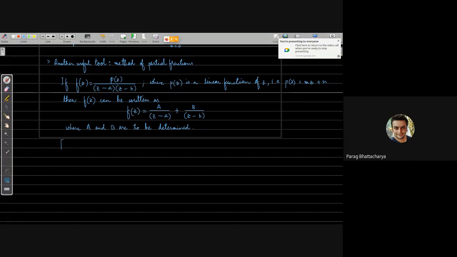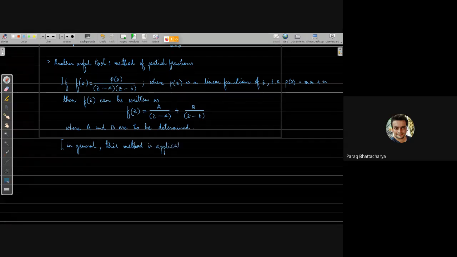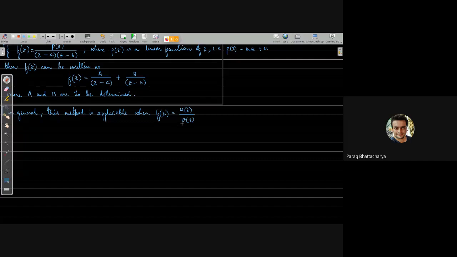In general, this method is applicable when f of z is written as a quotient of two functions u of z and v of z, where u and v are two polynomials,